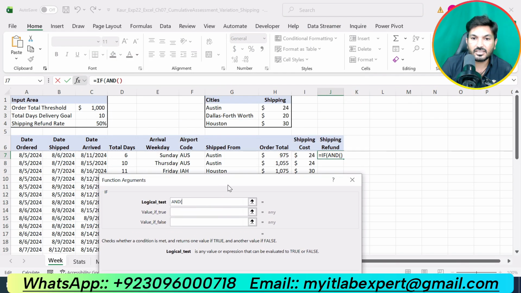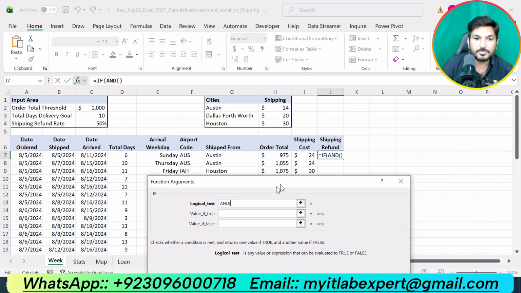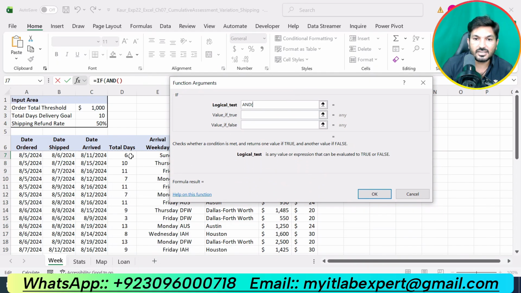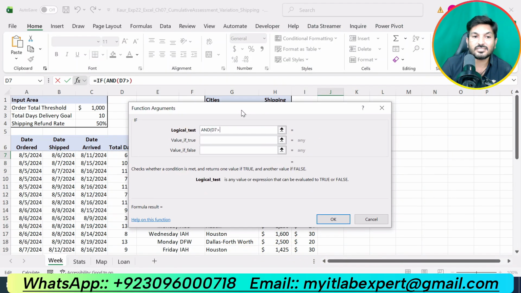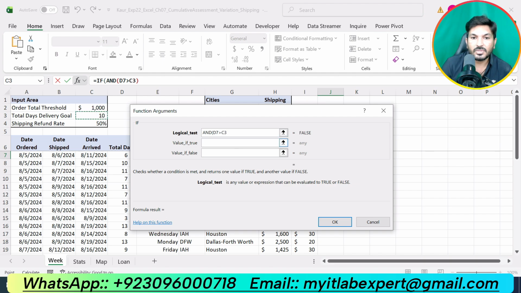Total days are given in cell D7. If D7 is greater than total days delivery goal, that is given in cell C3, comma.